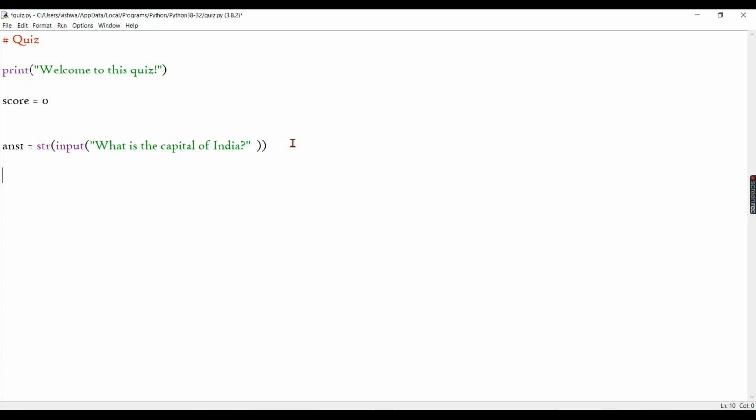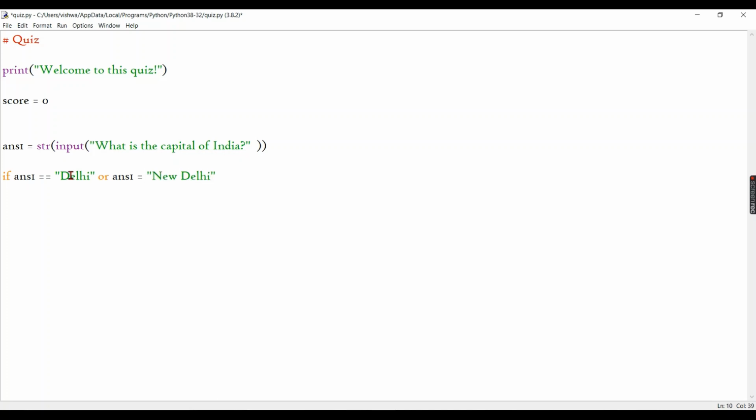Okay, so we can check that by using a simple if statement. If answer 1, because that's the answer which the user is typing. If answer 1 equals, okay, so in Python we use a double equal to, just to say that if this is equal to this. But if you use only a single equal to, signs are used to give values to variables. So we use double equal to sign here. Okay, so if answer 1 equals in quotes Delhi, or answer 1 equals New Delhi,